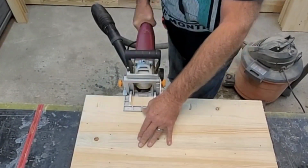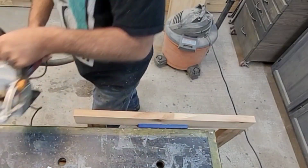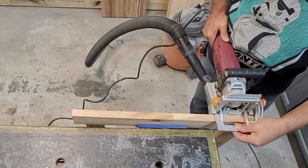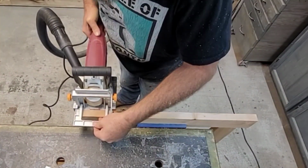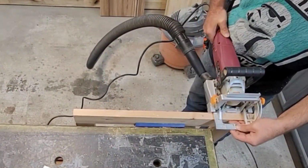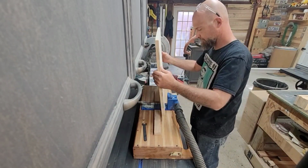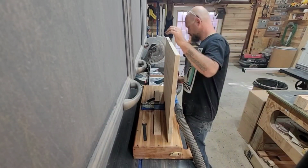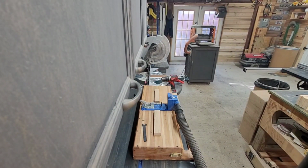Now, to attach these to the face frame, these biscuits aren't going to provide any strength. But what they are going to do is help me with alignment, considering I'm not real sure how to clamp these up. So I'm going to use the biscuits and some pocket hole screws. See? Pocket hole screws. I just put 4 pocket hole screws on each one of the front side of this